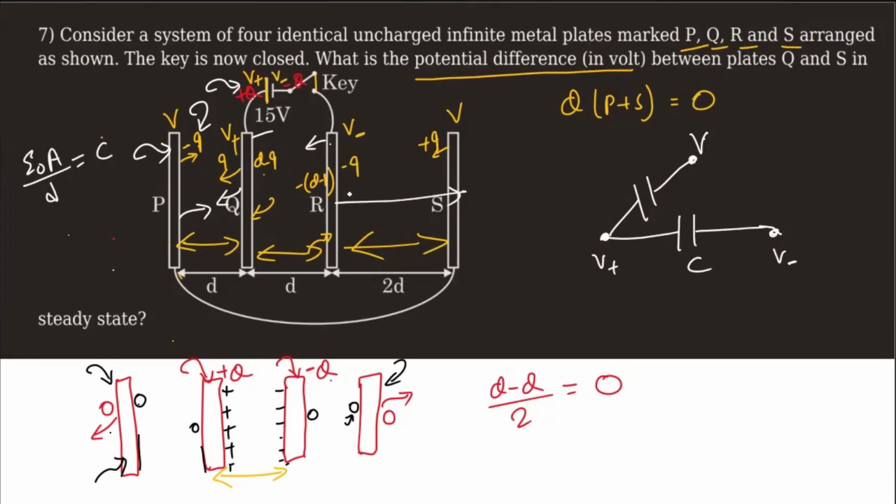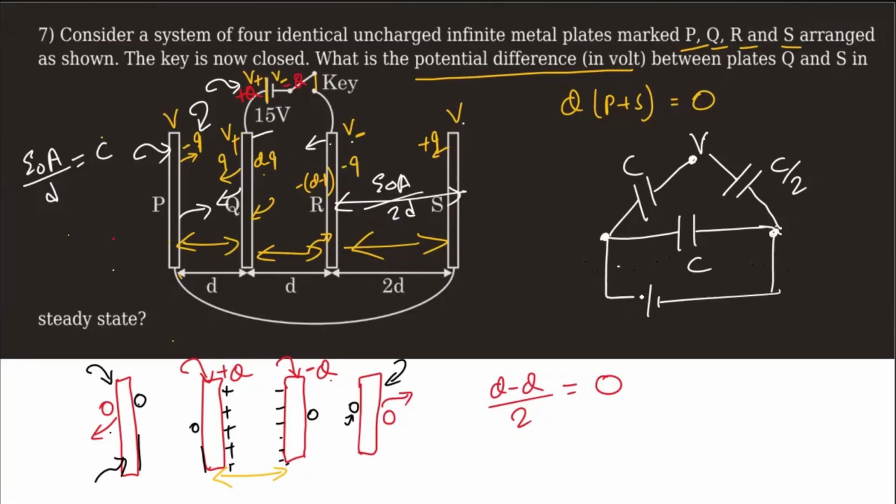And then we have this capacitor between V minus and V. So it is in here. And this will have capacitance epsilon naught A by 2D, so that is equal to C by 2. So this is C, C and C by 2. It's like this, and here is the battery connected. V plus V minus कहने का मतलब अगर आप इस point को यहाँ से हटाना चाहते हो, then you can remove it and you can directly put in here the battery of 15 volt.